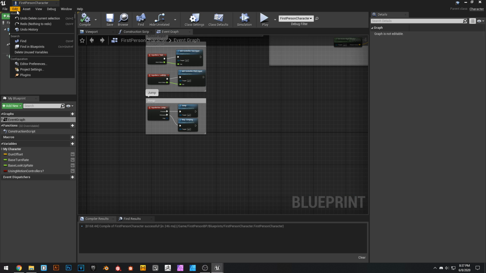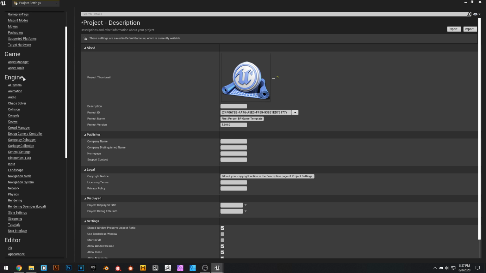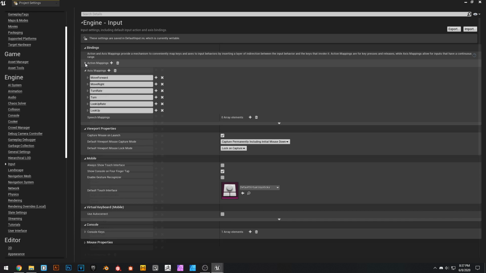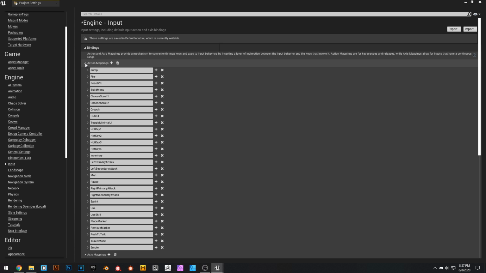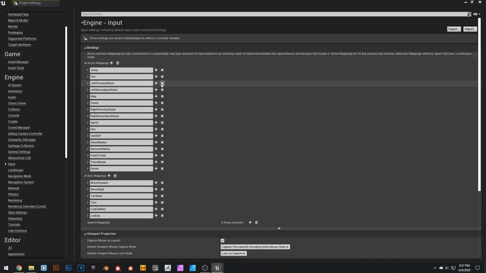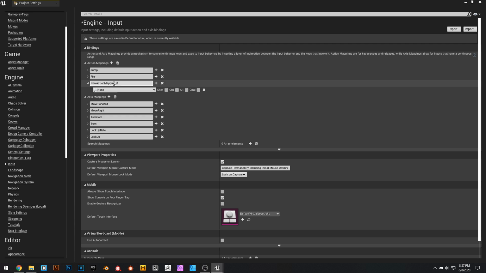So the very first thing we're going to want to do is go up top left, go to edit, and we're going to want to go to project settings and then go down to input. A lot of you should already know about this, but in the input area, you can put in action mappings, name things. You can also do axis things, which is primarily for looking up, looking left, right, all that kind of stuff. But we're going to specifically focus on action mappings since we want a press and release kind of system. We're going to go on ahead and call it interact, and we're also going to set a key on